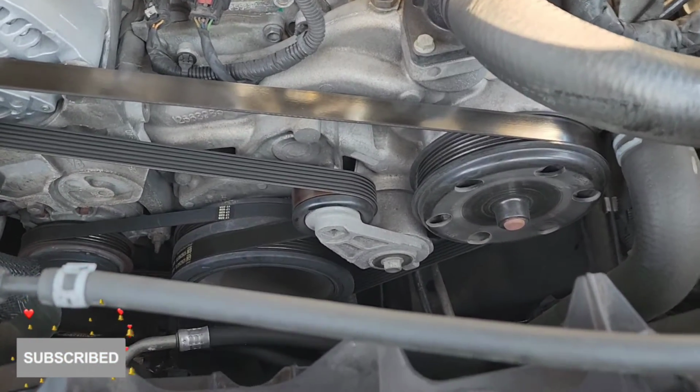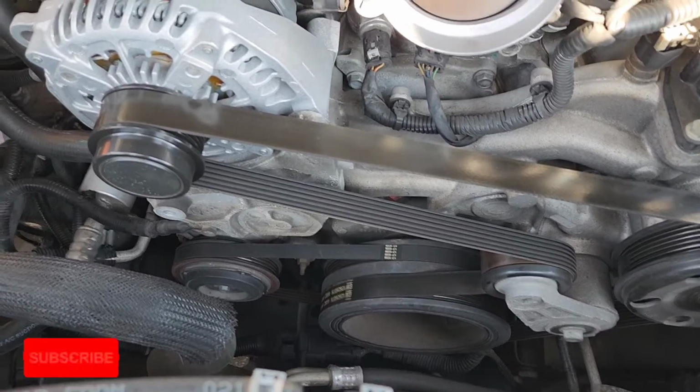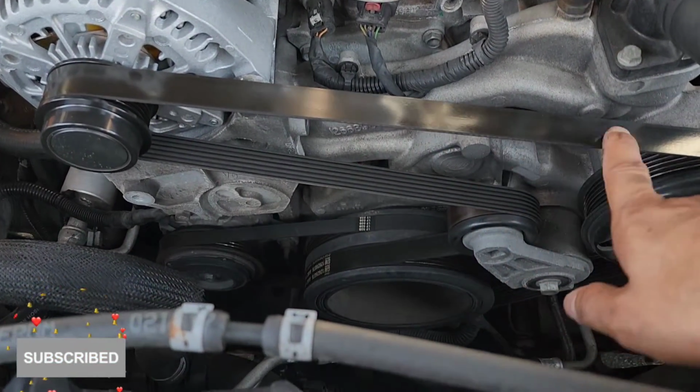Before you do anything with the serpentine belt, make sure you take a picture of it, the turns and twists, so when you put it back in place, you're not struggling. This one is pretty easy. As you can see, it comes from the top there, goes around